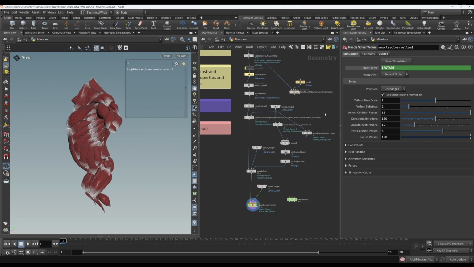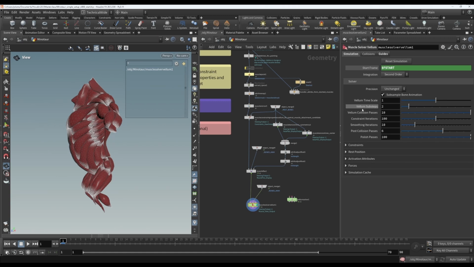Pushing the Vellum timescale to a very high number like that is equivalent to approaching a quasi-static simulation. So if you see that, just be aware that the reason for that value is because it's for a machine learning type example. If you are trying to set up a real dynamic simulation with nice jiggly secondary motion on your muscles, setting your timescale to 500 is going to make life very